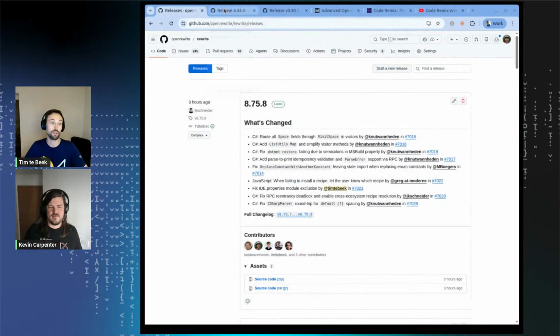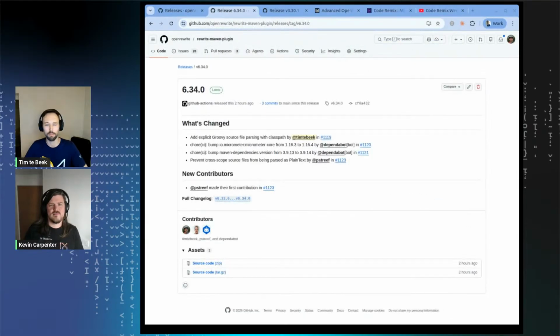But we also folded this into a new release of the Maven plugin. And this one in particular is of interest for folks that are maybe running the recipes on projects using Groovy and dependencies. Those will now see a big boost from this new release of the Maven plugin. So if that is you and you had some problems previously, then I think we tagged this in most of the issues that had a link to this. But note that you're now better supported to be able to move off of different logging libraries and things like that. You really need a different dependency on the classpath as well.